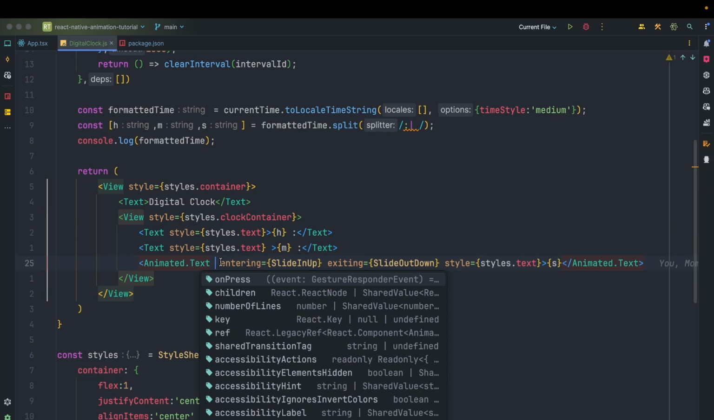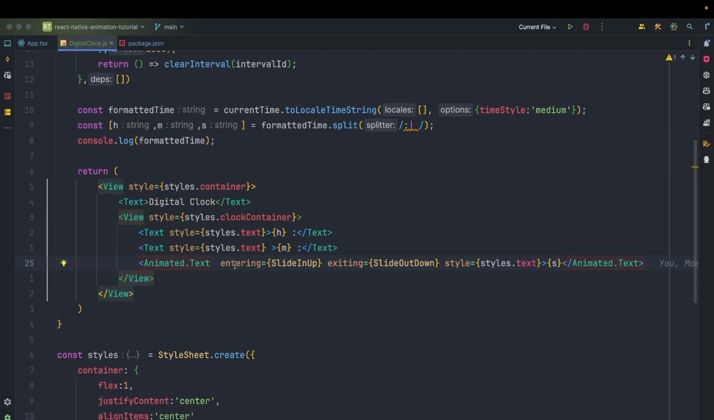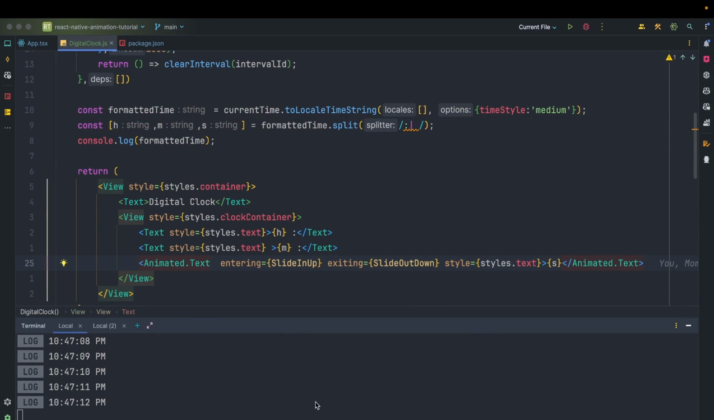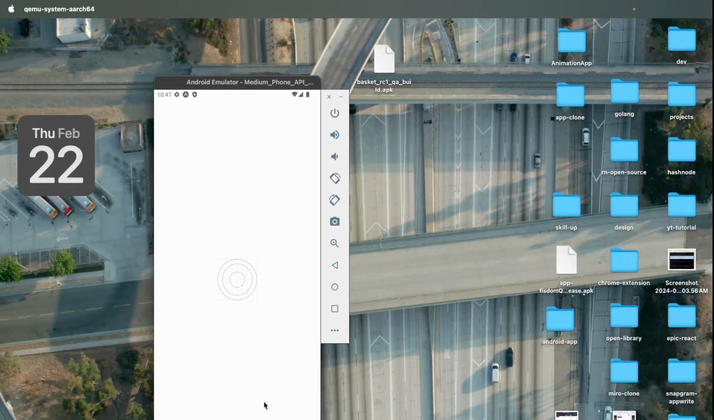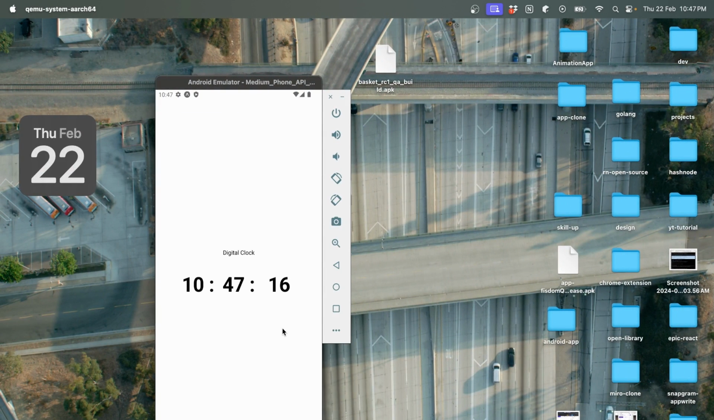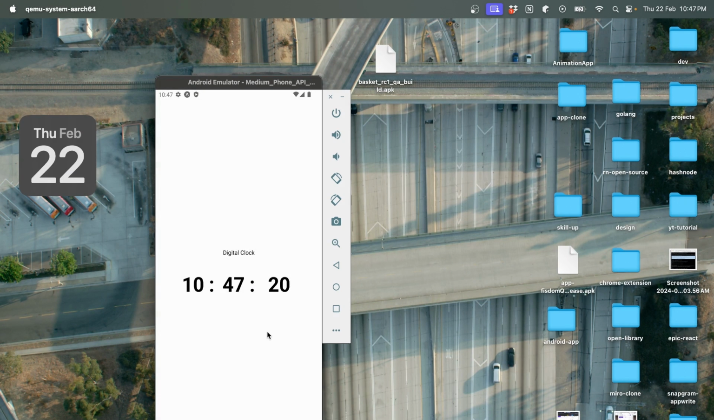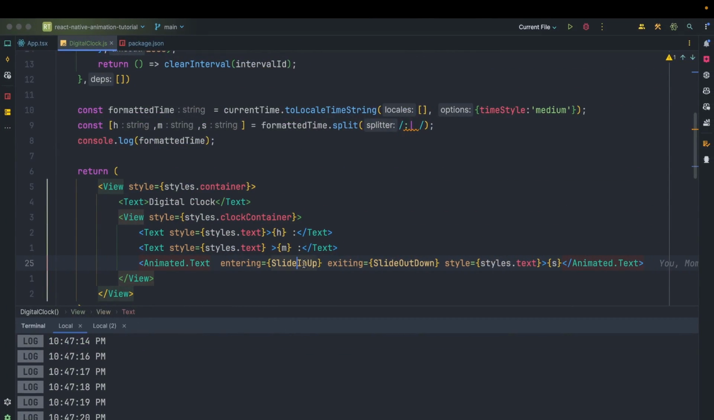Basically, this text is already on the screen, so entering and exiting is not happening. If you try to reload it, then you might be able to see the changes. See, that's how it is entering and exiting. So to do the frequent re-rendering of this text, what we are going to do is pass one